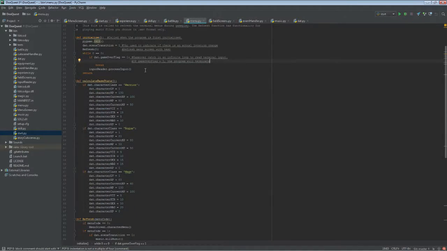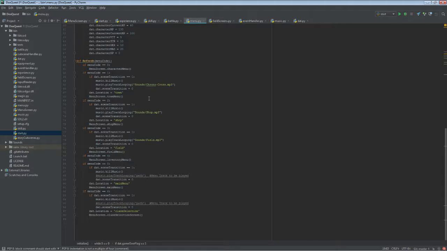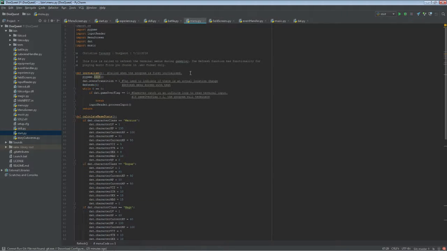Alright, so that's what the refresh does. It'll play the thing, all of that good stuff. It changes your location, which is saved in the DATS script, and that's everything that you need to know about the refresh area right here. So, process inputs would be basically the next thing that it does right there. But anyway,